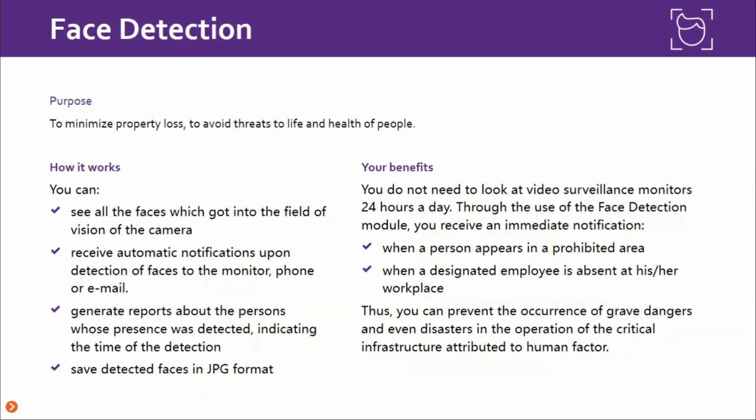Then face detection is our module which will keep an index of all the human faces detected in the camera view. If any incident has occurred, you can ask the system to look for all the humans that it has detected in the camera view, and you can investigate further using the footage to find out who went to what place and what action was performed by each and every individual. So the system will keep track of all the human faces seen in the camera view.